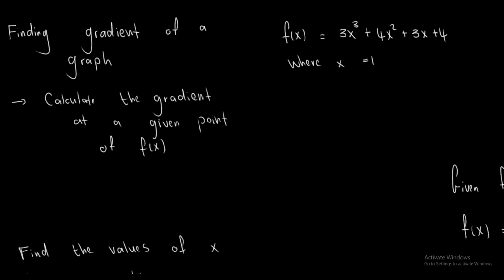Okay, so let's look at how these questions can be asked. Finding a gradient of a graph and then calculating the gradient at the given point of f of x. So we can think about dy over dx as my gradient function. We can find the gradient at any particular point on my graph if I have an x